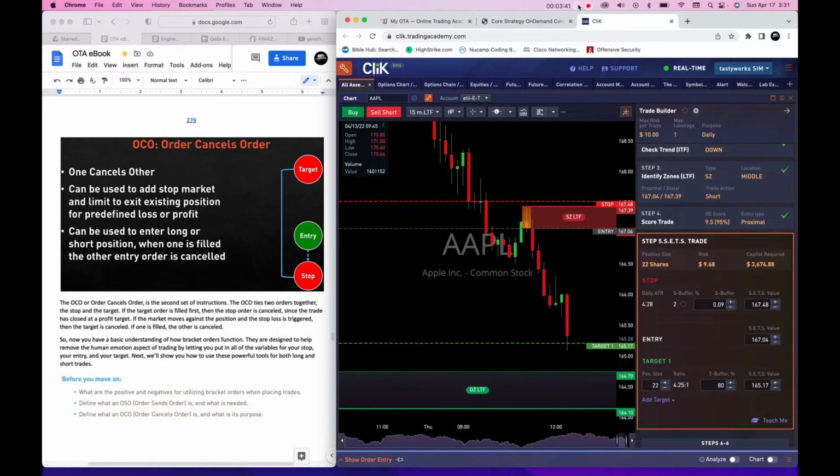Before you move on, ask yourself, what are the positives and negatives for utilizing bracket orders when placing trades? See if you can define what an OSO, or order sends order, is and what it's needed for. Also, see if you can define what an OCO, or order cancels order, is and what its purpose is as